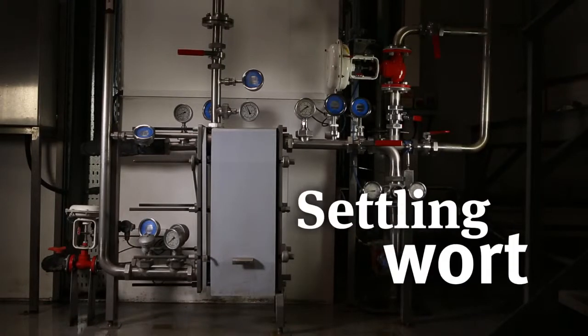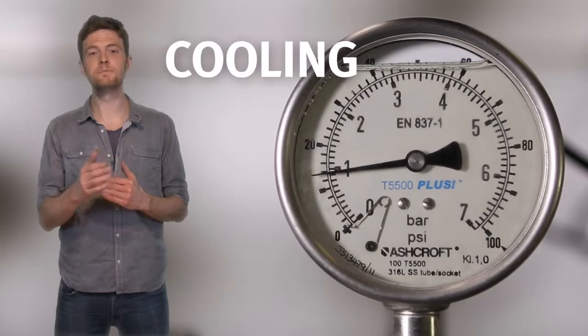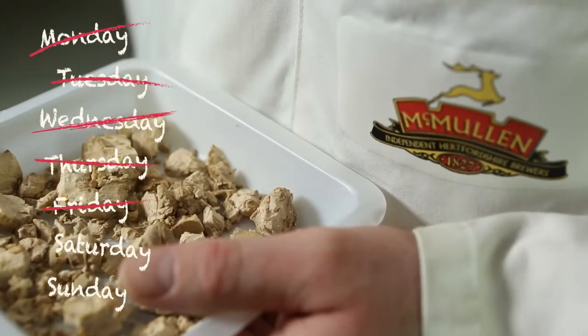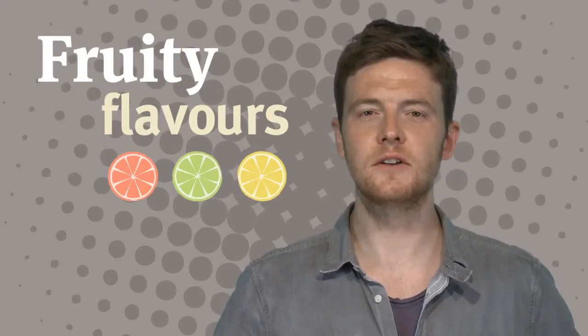The hopped wort is left to settle. Then it passes through a heat exchanger to cool down before fermentation. We use a top fermenting method, where yeast ferments at room temperature for about a week. As well as turning sugars into alcohol and carbon dioxide, our specially selected McMullen ale yeast adds a subtle, fruity